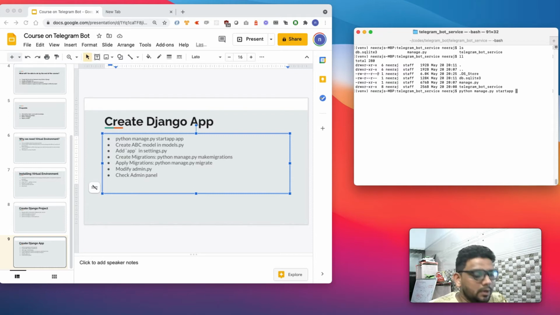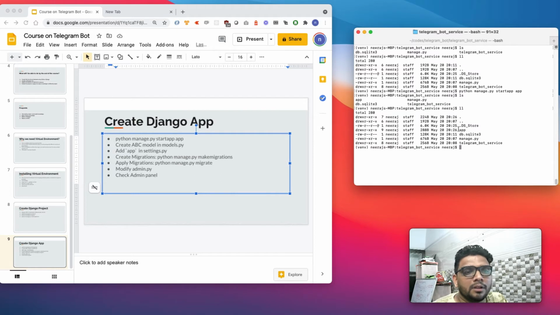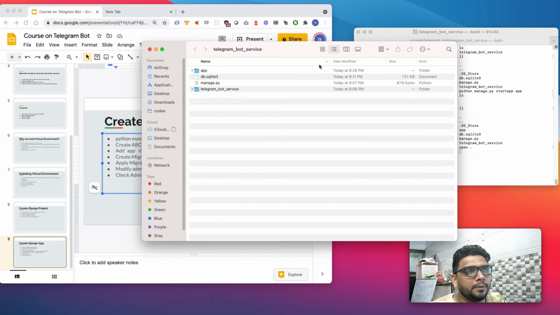So let's call it app itself. Now I have another folder called app, and let's see what we get.